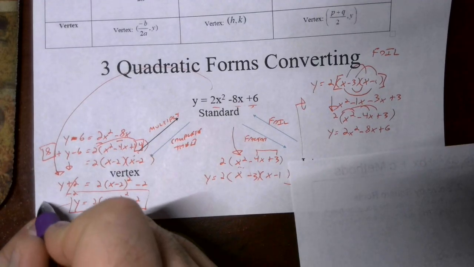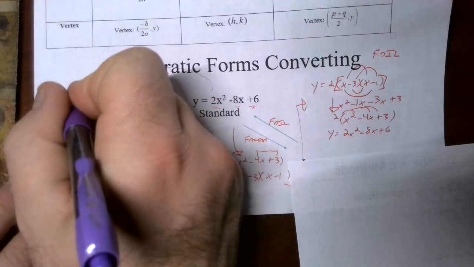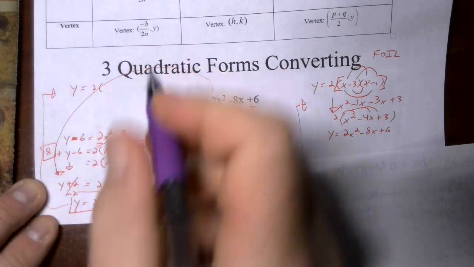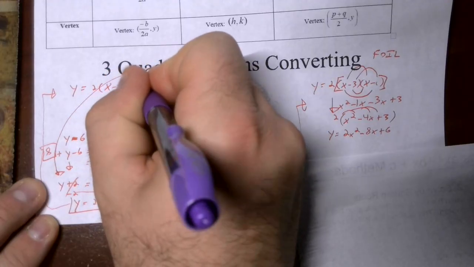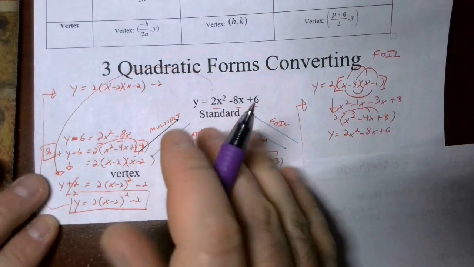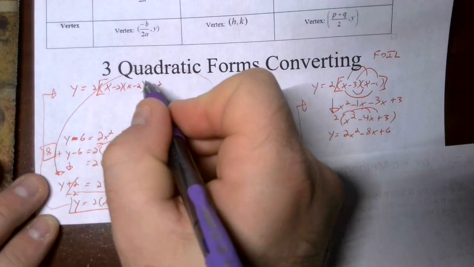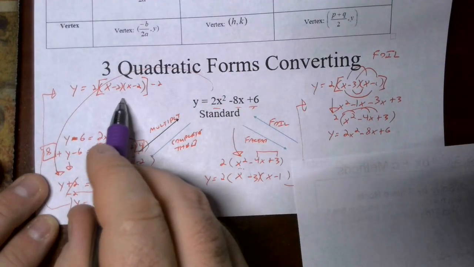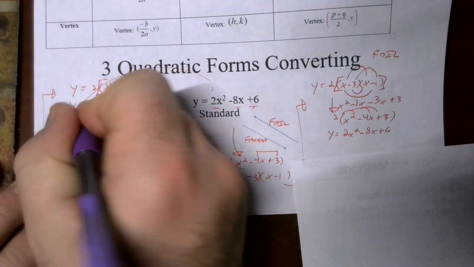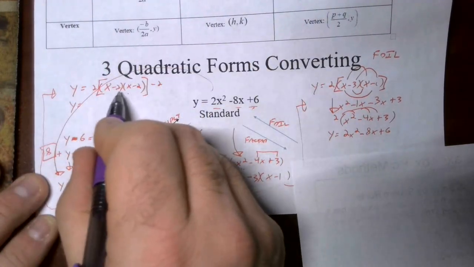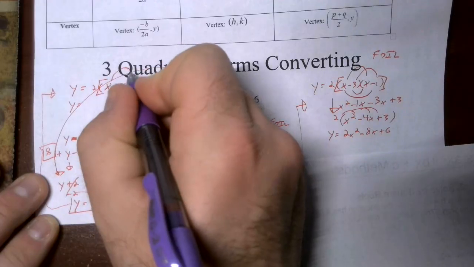So I'm going to bring this over here and we're going to multiply. I'm going to write the x minus 2 twice. So the first thing you'd want to do is FOIL the two binomials before you distribute the 2. So what would happen is when you use the monkey face on this FOIL, the first terms would be x squared,